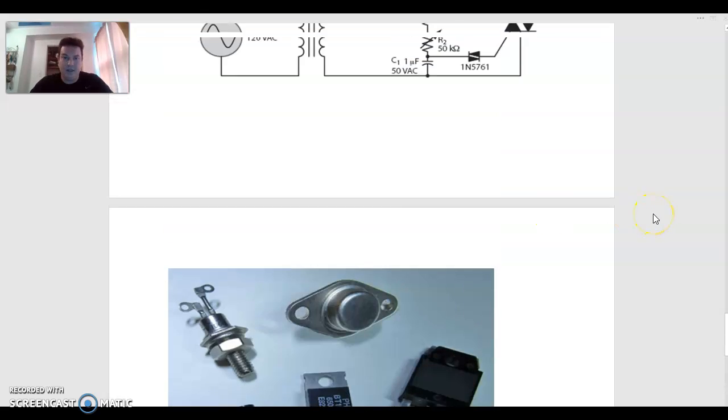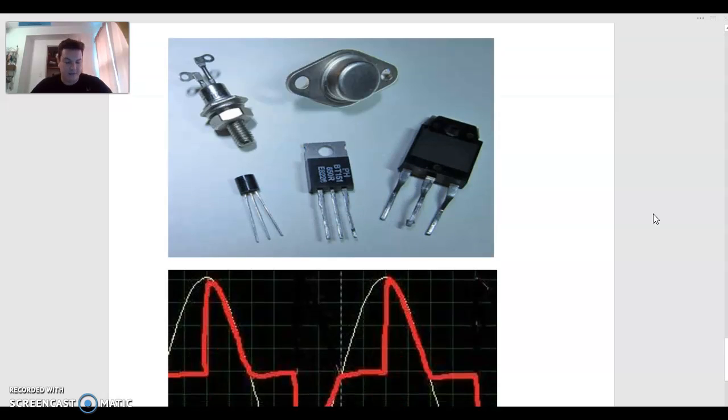I've tried to combine the TRIAC and SCR lab into one lab sheet, so we can get through it and talk about three-phase rectifiers, which will be the next lab and the next video that we do. In general, a couple of the things that you should have reviewed through the theory